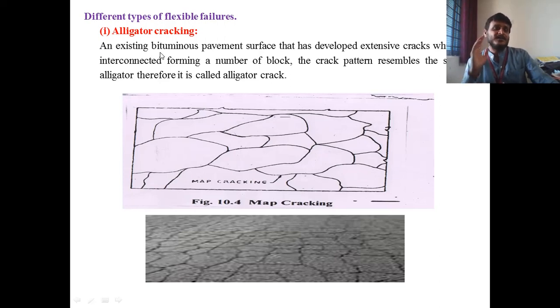For that reason we usually come across this alligator cracking. So the next one is swelling and shrinkage of subgrade by other layers due to the moisture variation. As we usually see in the rainy season, the water is entrapped in the subgrade material. So what happens if the material used in the subgrade is clay kind of material, which is likely to undergo shrinkage? For that reason also, the alligator cracking is likely to happen. So this is a typical figure to which you can refer for alligator cracking.